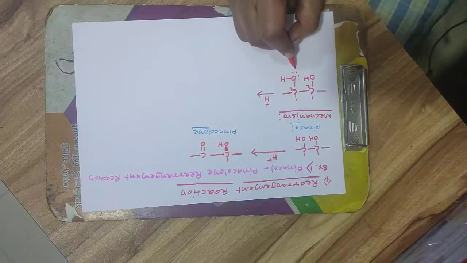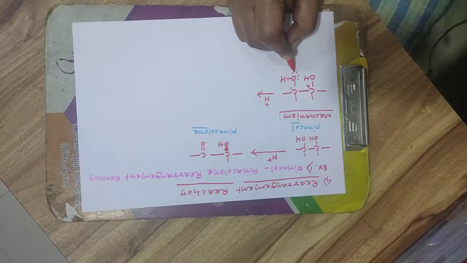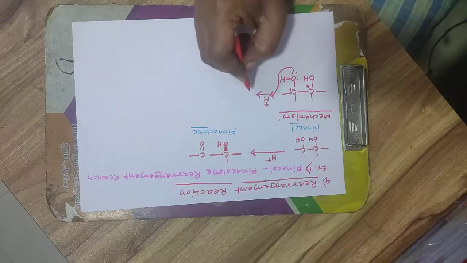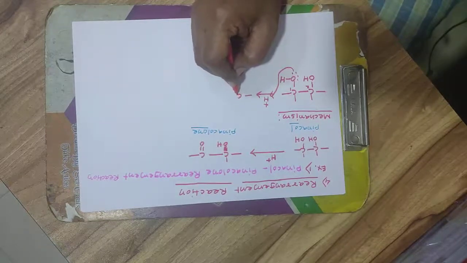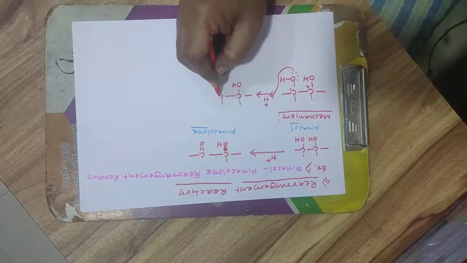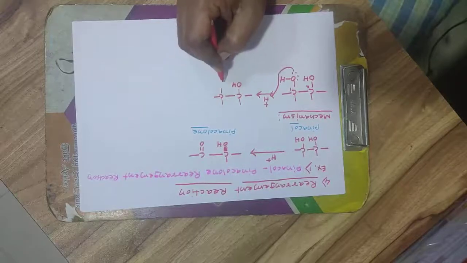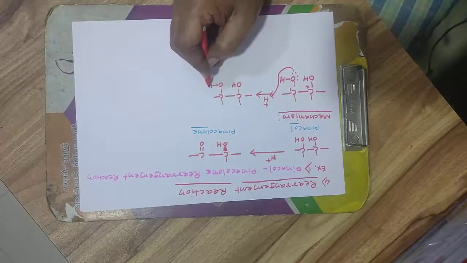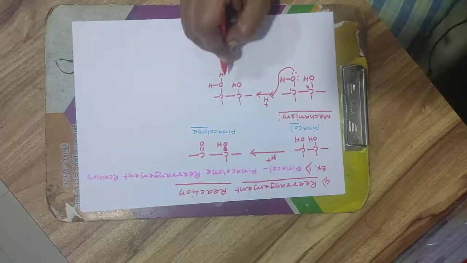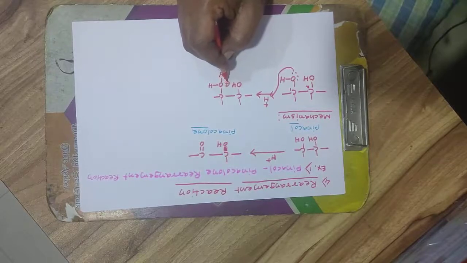In this OH group, the oxygen is electron rich. It has 2 electron pairs. It will attack the hydrogen H+, that is called a proton. So the OH undergoes protonation. So there is a formation of OH2+ on the carbon, and as oxygen gives a lone pair to the H+, oxygen carries a positive charge.